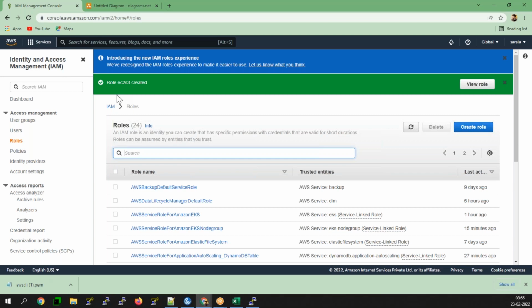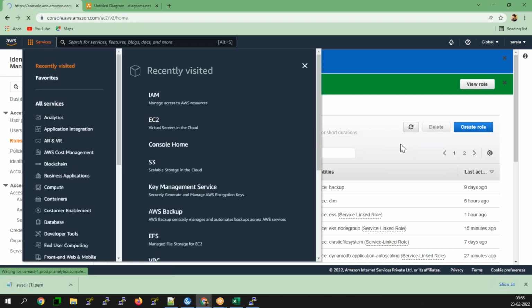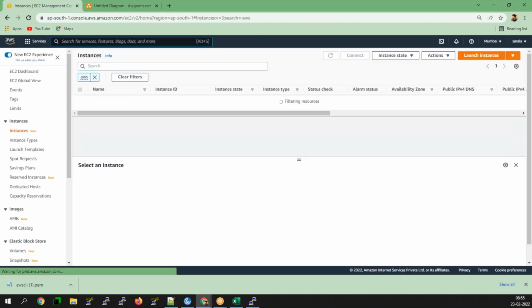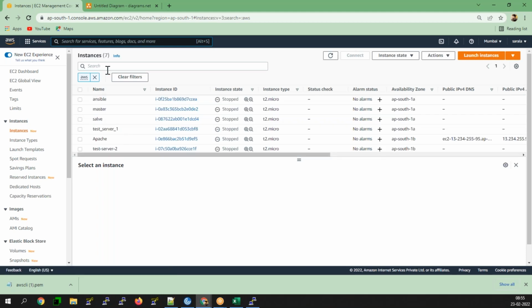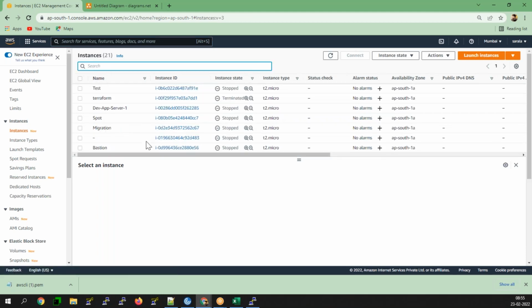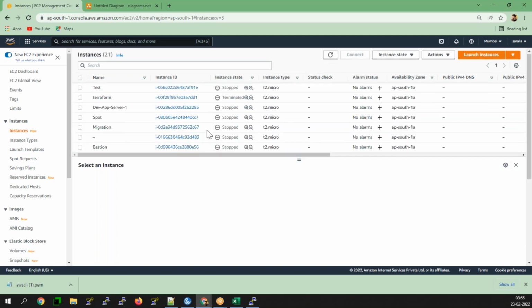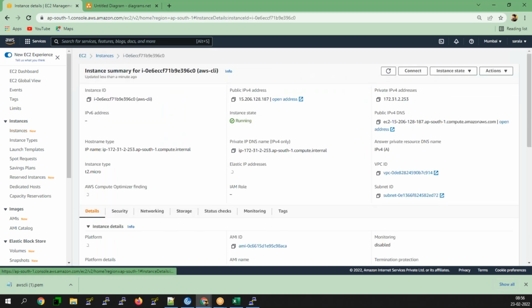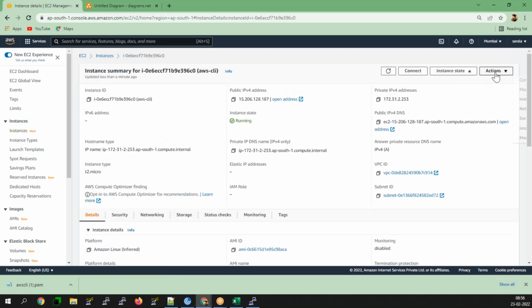As soon as you have created this role, you need to attach it to the EC2 instance. Go to the services. Now here, go to the actions.